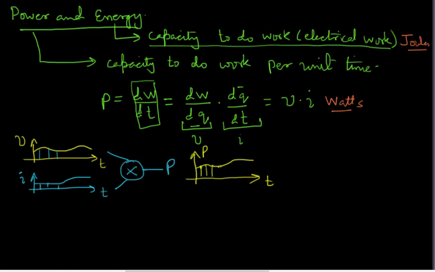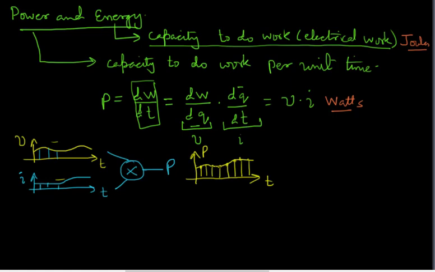It's going to be different at every instant, unless voltage and current are constant. If both voltage and current are constant, then the power is also constant. However, if they are changing like here, then the power is also going to be changing at every instant of time. If I ask you what is energy here, then remember that energy in this scenario